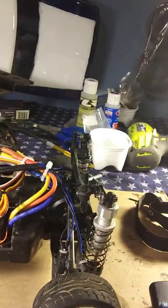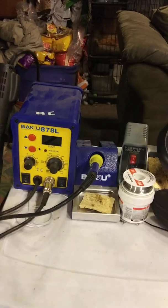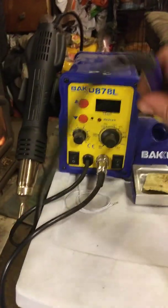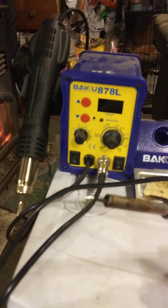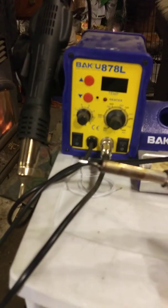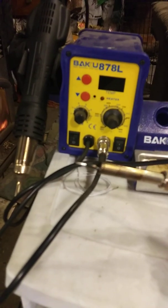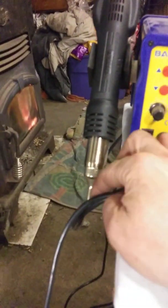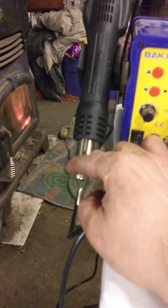Just to show you guys, you see I do all my lights and stuff, this is the stuff I use. That's my soldering station, and it's a fine point. Always keep your soldering gun nice and clean, guys, and you'll get a good result every time. And nice and small, so I'm set for working with small stuff. I have my heat gun, which is great for computer switchboards and stuff. And then when I go to the heavier stuff, a little bigger wire, I use my other one, which is right here,